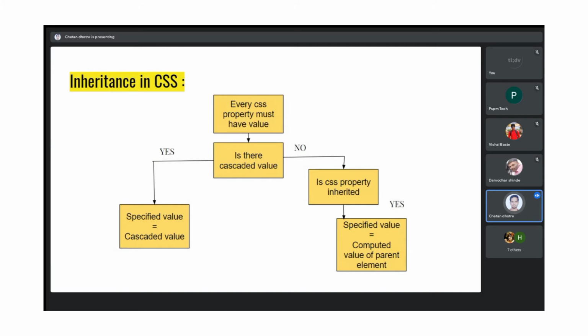Also, inheritance plays a vital role in CSS. As I told you, every CSS property must have a cascade value, so they have shown it here as well. As I told you, conflict goes beyond our expectation. If you have a specified value, then it is going to be your cascaded value. Cascaded means conflict value. If you haven't provided anything, that CSS property either gets it from your parent, or otherwise your browser will provide it with the initial 0. It will not provide more than one. So these things get inherited.